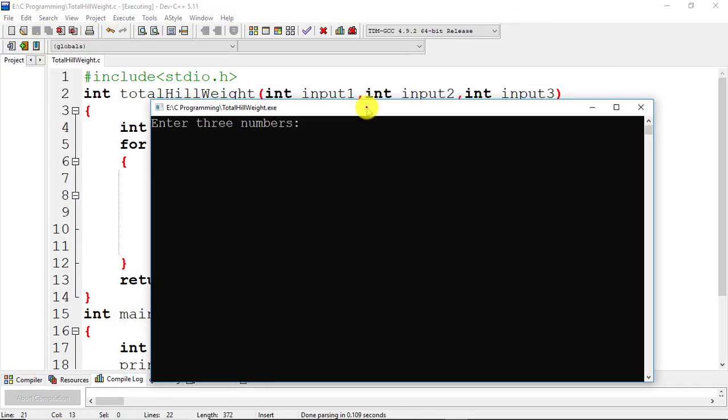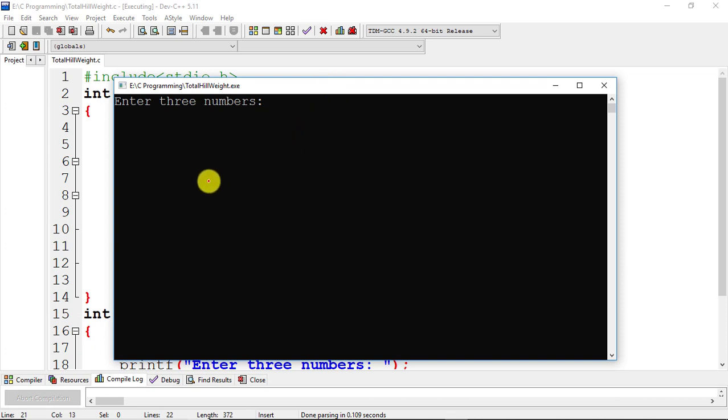And here we will give the input which is given in the question. Let's say hill pattern equal to 5, the weight of the head level is 10 and the weight increment is 2. It will return 230. Let's check. Here we can see that it returns 230.